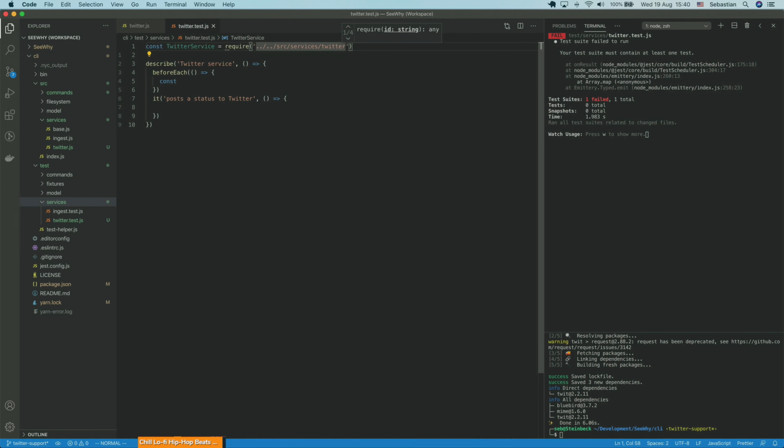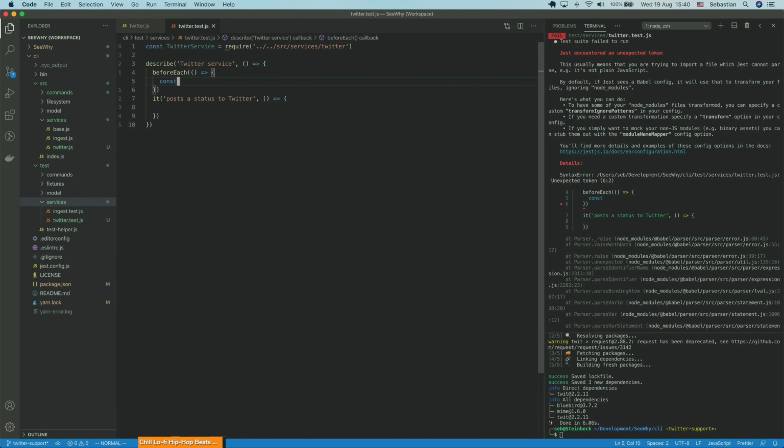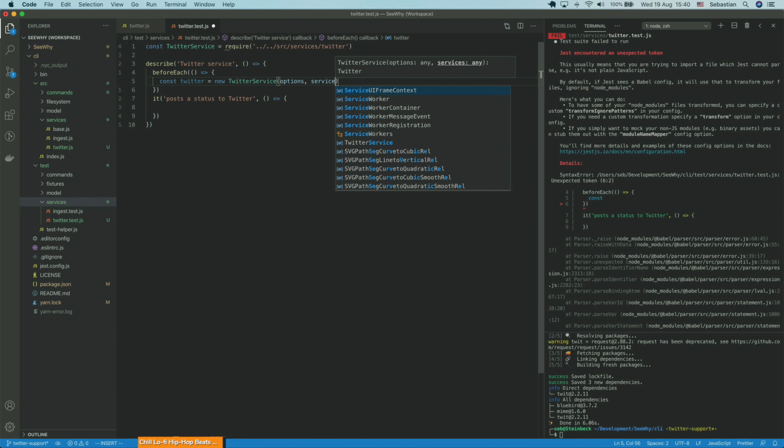Okay, so we've got our Twitter service class, and we're going to say our Twitter instance is equal to a new Twitter service, passing in our options and our services,